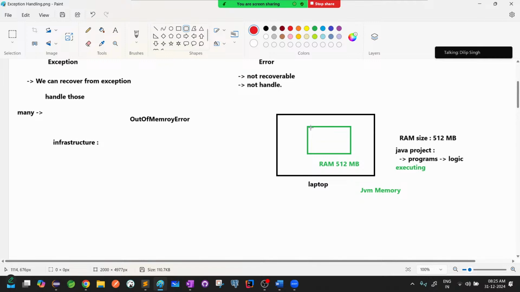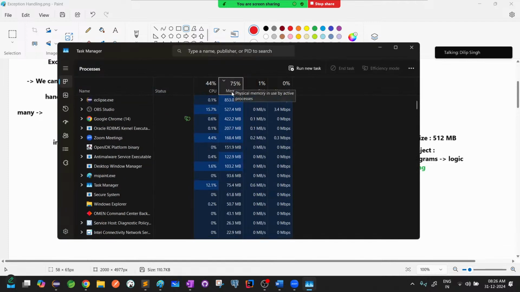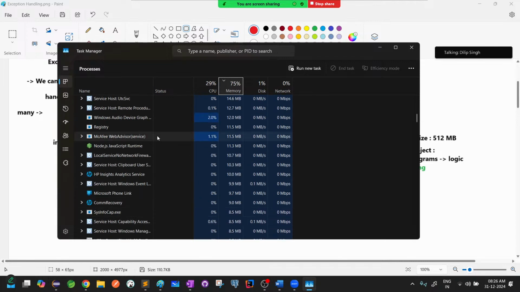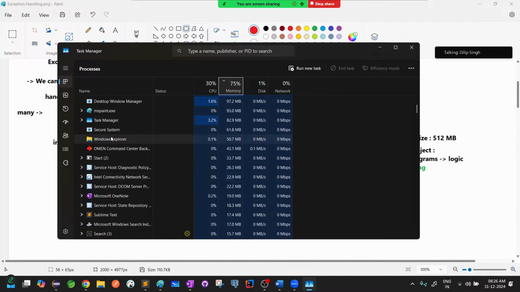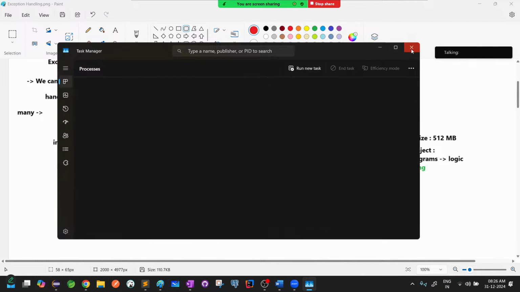Now assume JVM occupied some memory. You know that RAM is shared by multiple things. For example, in my system, 75% of the RAM is shared by Eclipse, Google Chrome and all these things. RAM is shared by multiple things: Paint application, Java application, OpenJDK, JDK, Chrome, Eclipse, Zoom meeting, all these things. So similarly, in this case,